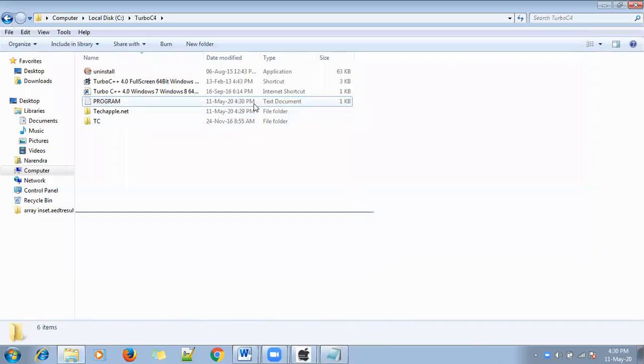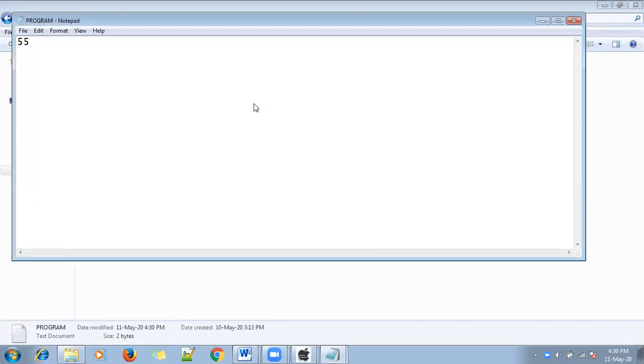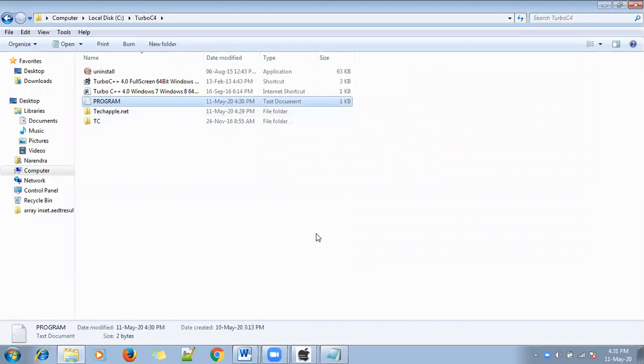Now again if you open this file, 55 is there, right? So this is the advantage with fprintf. You can write data into the file. This data will be saved permanently because it is stored on the secondary storage device.